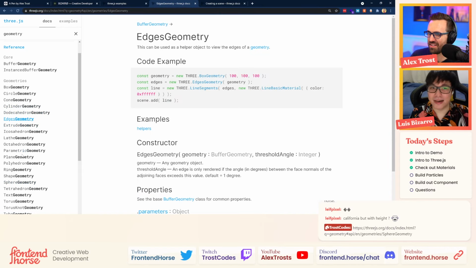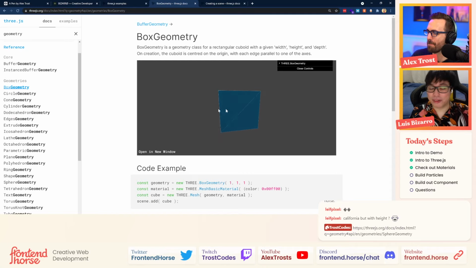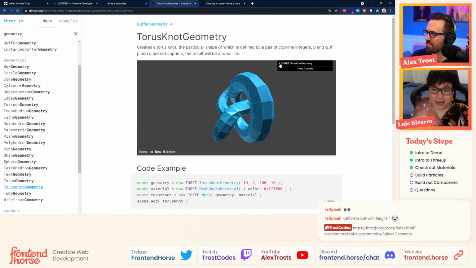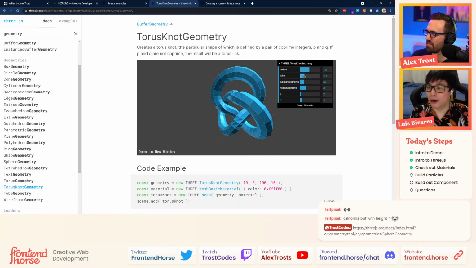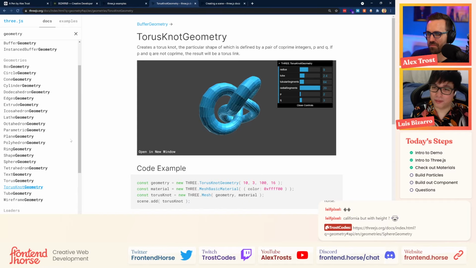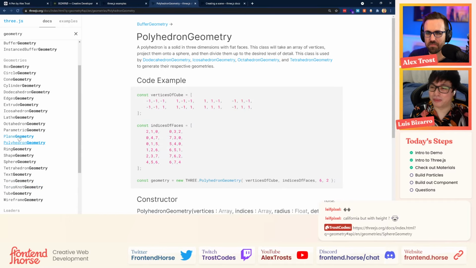You can also export 3D models. We're not going to approach that for this demo, but you can load 3D objects from Blender or other 3D software into your WebGL experiences.